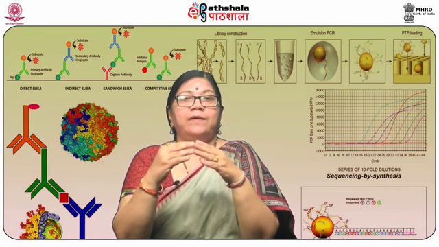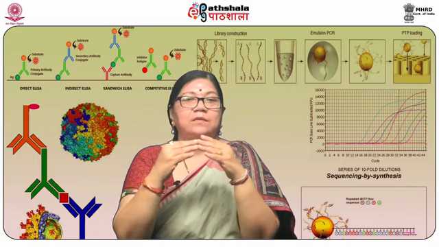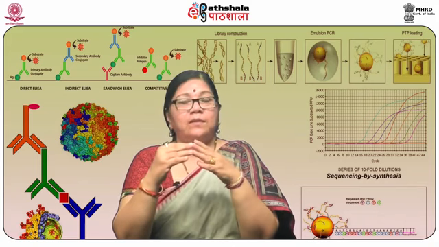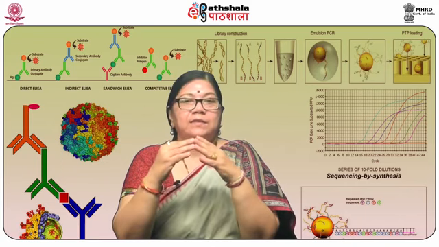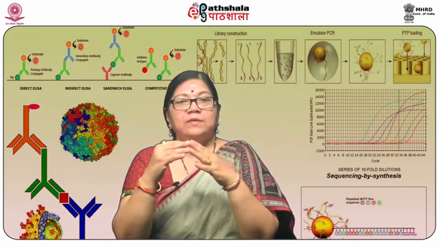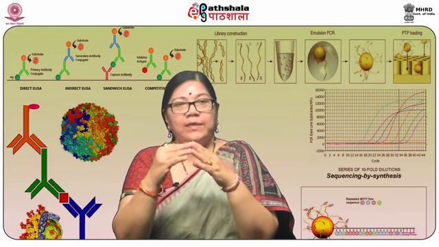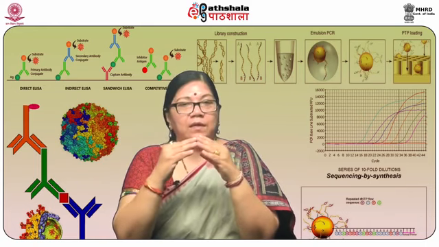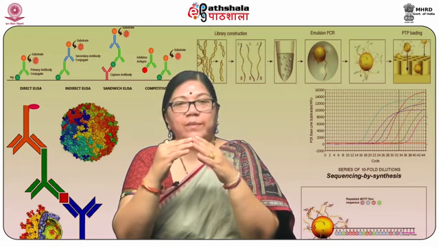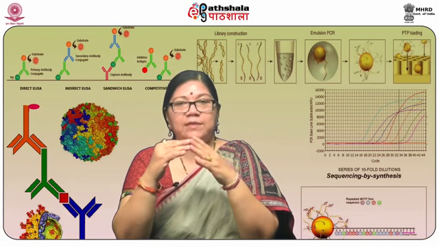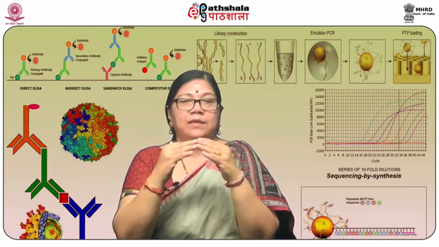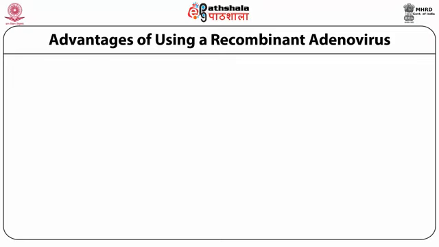Retroviruses can only infect replicative cells. Transfection cannot be done in non-replicative cells, and the best system to study gene expression is primary non-replicative cells. It allows us a direct comparison of results obtained with transformed cell lines and primary cell lines. So there are several advantages of the adenovirus-based vectors.